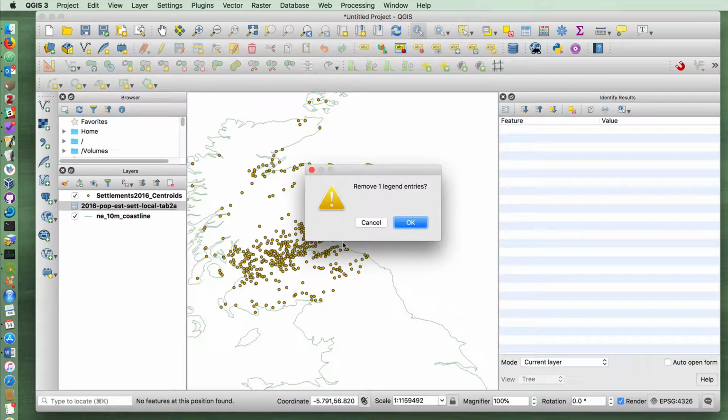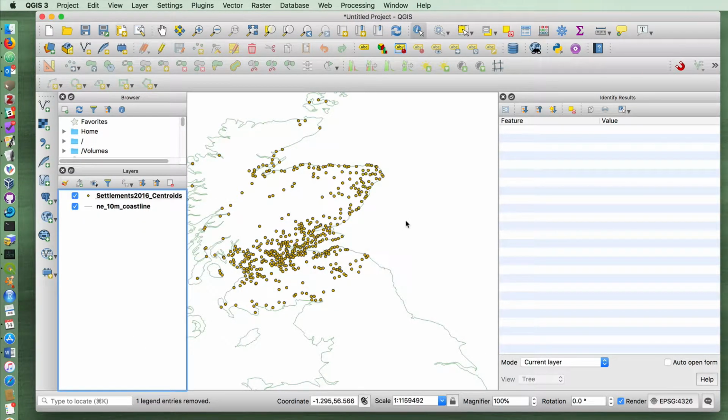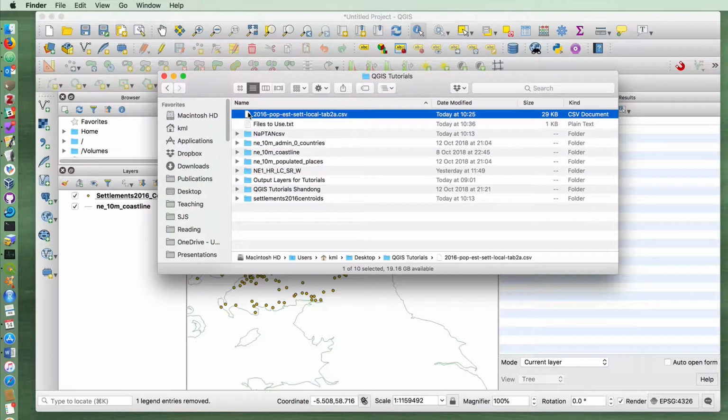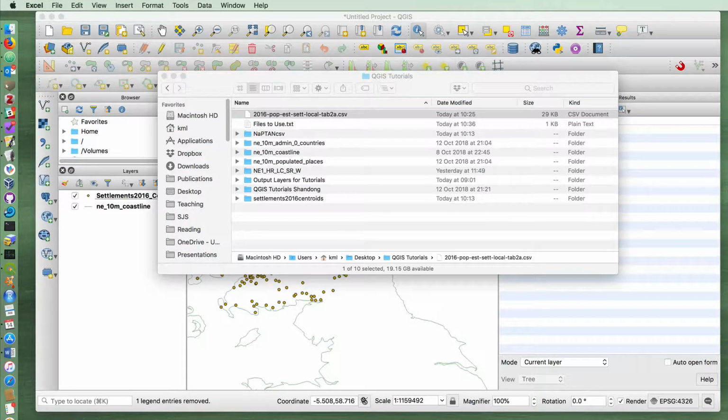So I'm going to remove this layer. What this essentially means is that before I can use this data in QGIS, I've got to clean it up. And I'm going to show you how to do that both in Microsoft Excel and in Apple Numbers. First, if I open this in Microsoft Excel,